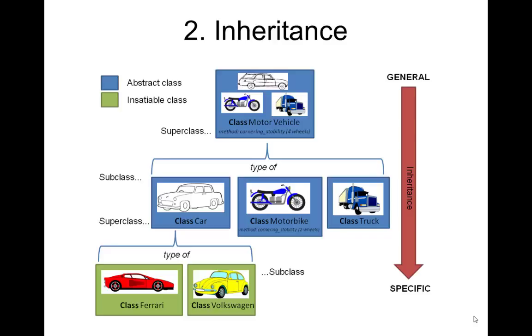So as you go down the hierarchy, lower in the hierarchy from superclasses to subclasses, you move from more general classes to more specific classes. So these are more specific things. A Ferrari and a Volkswagen is a more specific thing than the motor vehicle, which is a more general thing. So this means